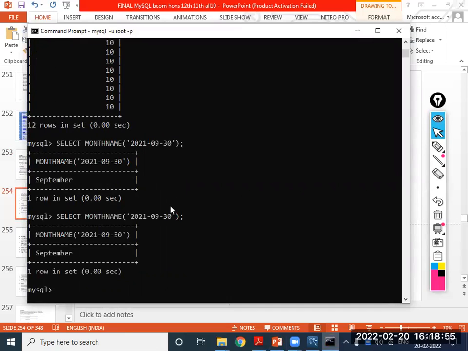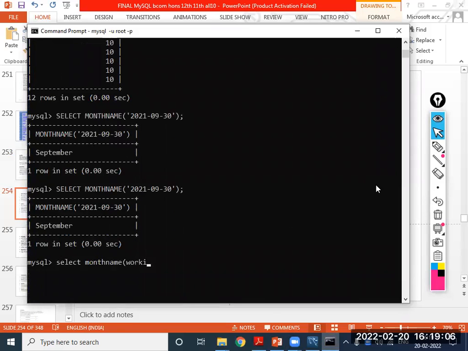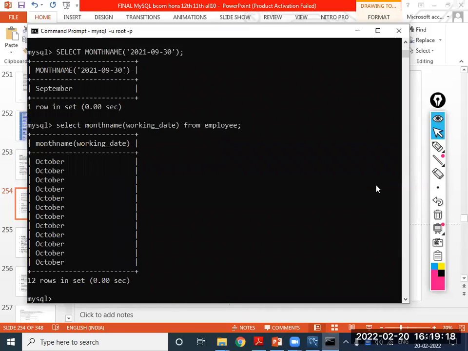Select month name, working_date from employee. So it will display, here September is there, here October, all days.